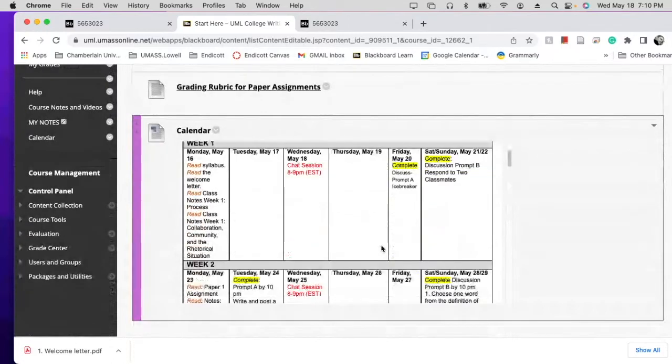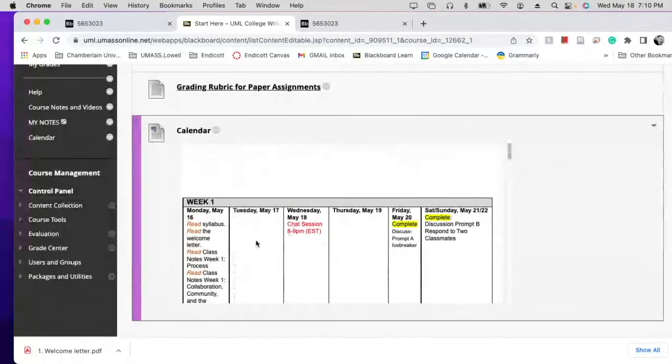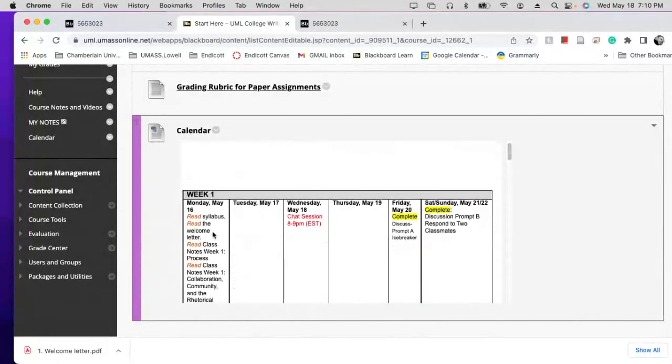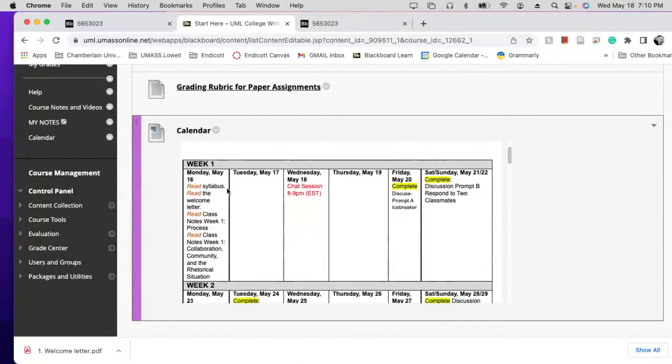This calendar thing, this is my idea. If you can see it, it depends. I'm hoping that everybody can see it here. So it's going to be a little more specific breakdown of what we're doing each week. So weeks run from Monday to Sunday night. And you try to have things done as we go along, right?